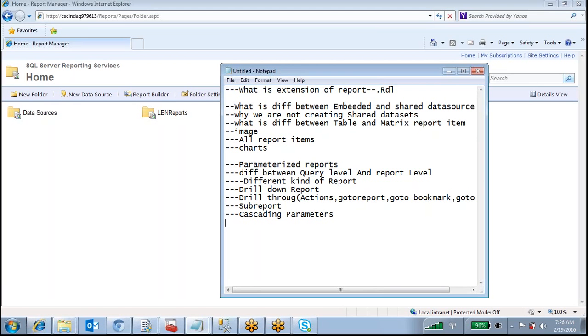And all the regions like gauge, data bar, indicators. And what is the tooltip?